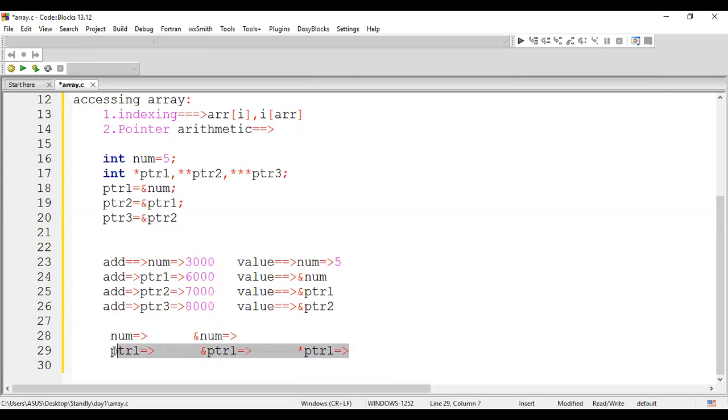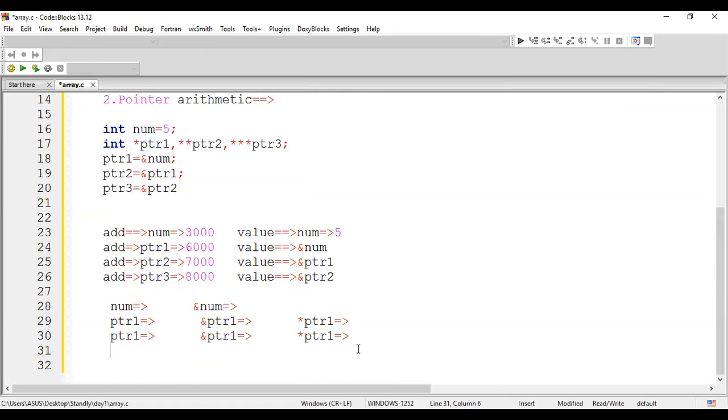Let me copy and paste it for the other two, PTR2 and PTR3. So here is your double pointer, and here the triple pointer.